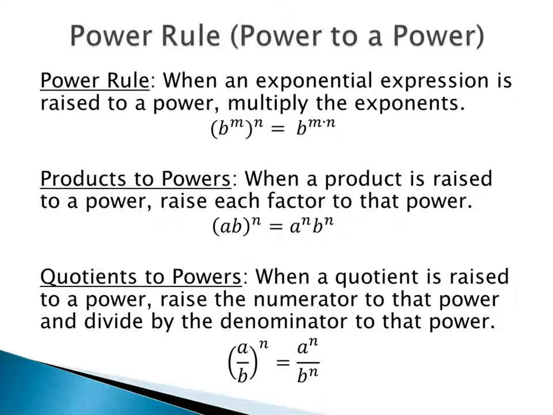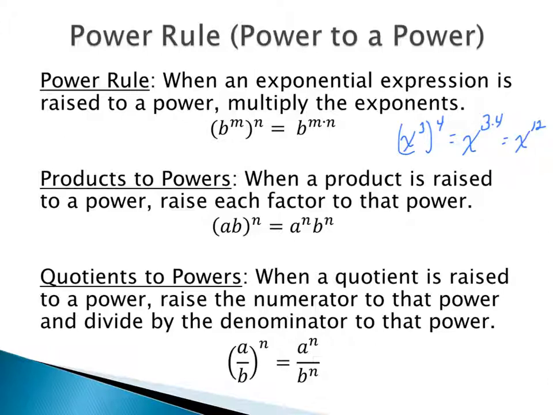So our last group of rules have to do with if we have an expression raised to a power. So if we have an exponential expression raised to a power, we want to multiply the exponents. So for example, if I had x to the third raised to the fourth power, that means we would do x, base stays the same, to the 3 times 4, which would give us x to the 12th. And again, this should hopefully make sense, because if I were to take x to the third times it 4 times, so x to the third times x to the third times x to the third times x to the third, using our product rule, adding the exponents, 3 plus 3 plus 3 plus 3 would end up giving us that 12.